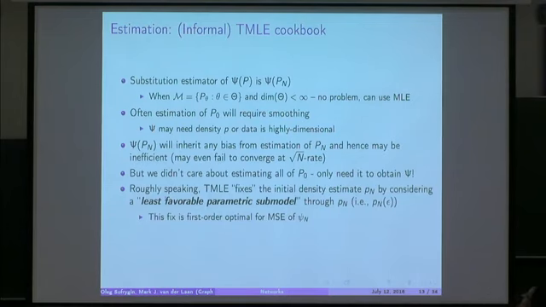So this is not a cookbook. It's more like a collection of facts about targeted maximum likelihood, and it's a bastardization of the very elegant theory of semi-parametric efficiency. But the basic underlying concept is that we're interested in substitution estimators. That is an estimator of the likelihood and a mapping that I just described. So if you give me an estimate of the likelihood, I can apply my mapping to it and obtain the estimator. That's a substitution estimator.